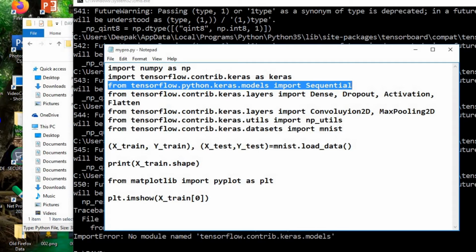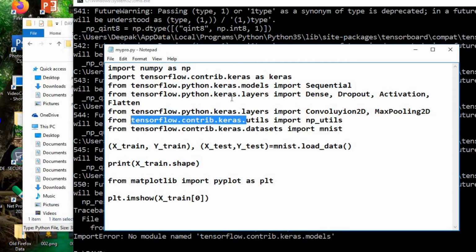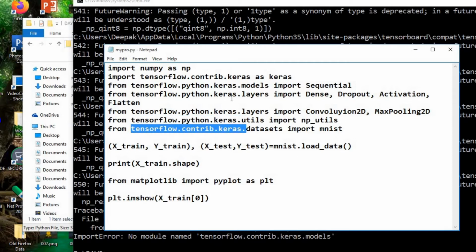A similar kind of change we have to implement in the remaining imports, so there will be no error. This is for a Windows-only environment. If you are working on Ubuntu, you can import directly from Keras, so there will be fewer issues.